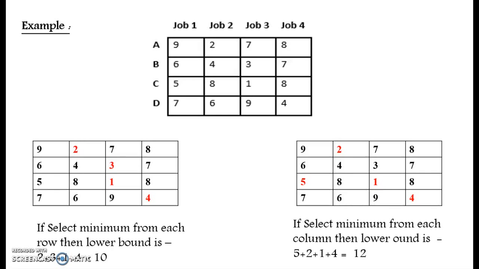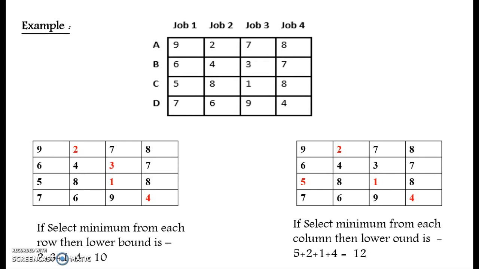Example was person A with job 1, job 2, job 3 and job 4, and the costs are 9, 2, 7 and 8. Suppose we have to solve the instance where the cost matrix is given here. To obtain a lower bound of the solution, there are two ways to calculate the lower bound of the cost matrix. First one is by selecting a minimum value from every row, and second is by selecting a minimum